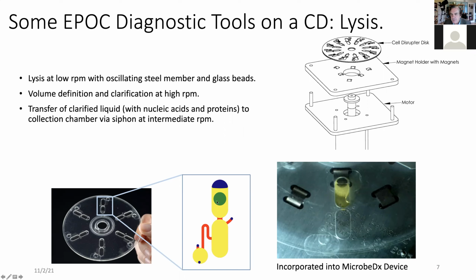So after the lysis is done, I now go to much higher RPM. This doesn't move anymore, but the liquid in this chamber is able to go to the bottom chamber because the centripetal force pushing on the liquid can push it to this capillary where surface tension is big, but surface tension is overcome by the gravitational force pushing the liquid from this chamber to the bottom. So now I have this liquid with all of these fragments at the bottom, and I happily spin this for